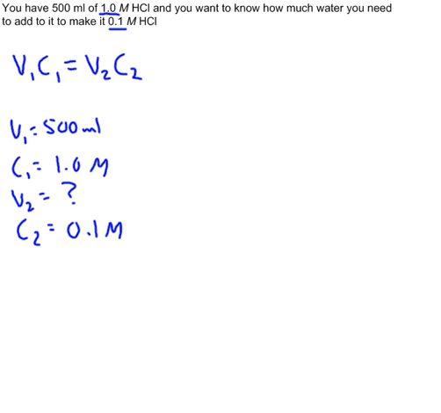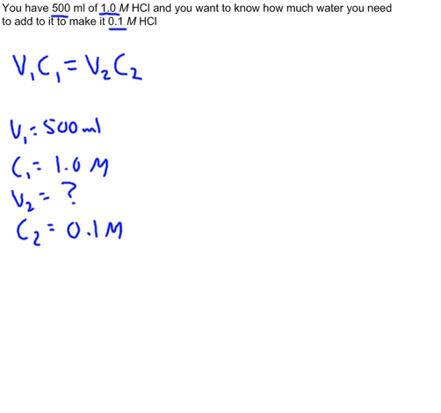So we can solve here for V2. I want to be clear here, though. The question is how much water do you need to add to it? It doesn't say what the new final volume is. It just says how much water. So it's like when you make your orange juice, you put in 1 can of the concentrate and then 3 cans of water, which makes a total of 4 cans worth of juice in your jug. But the question isn't how much juice you are going to make, it's how much water you need to add. And so V2 will not tell us that. It'll just tell us the new final volume. So what we'll have to do is figure it out and then subtract off the original 500 that we started with,